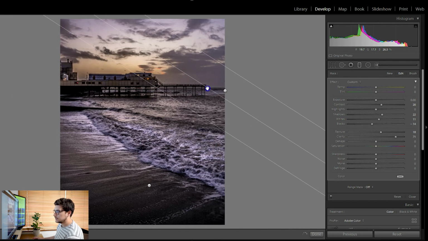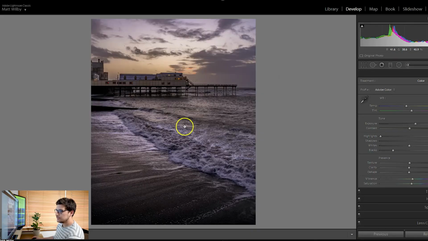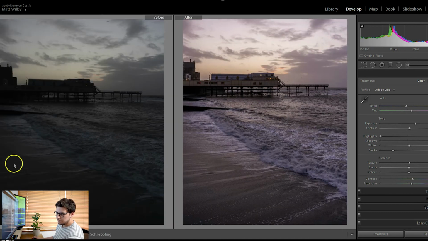But if I were to do this over the entire image, it makes it look absolutely terrible. So just a little bit in something that is less dramatic, adding a lot of clarity can bring some drama back into it. Looking at what we've done overall in the image then, if we can go on to the before and after view,